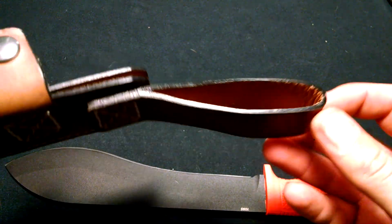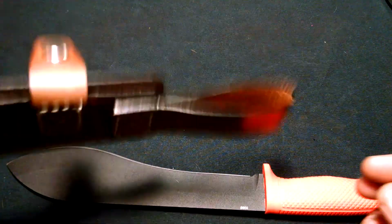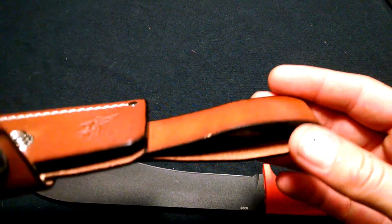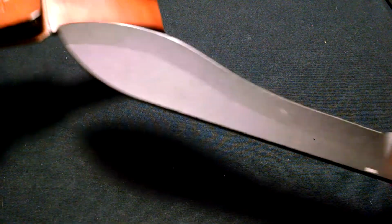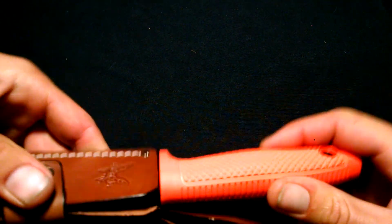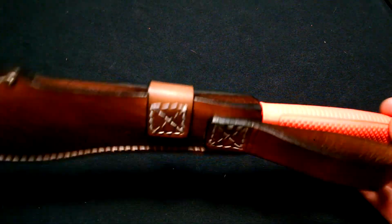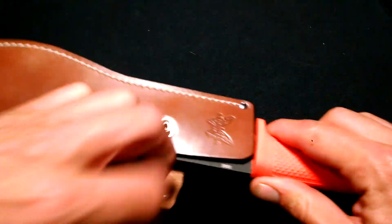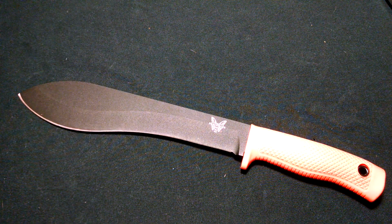Look at this belt clip. It's huge. Look at the size of that belt loop. This thing's going to fly around on your belt. And look how low it is. Look at this. Who the hell designs Benchmade sheaths? For as much work and as good as they are at designing knives,